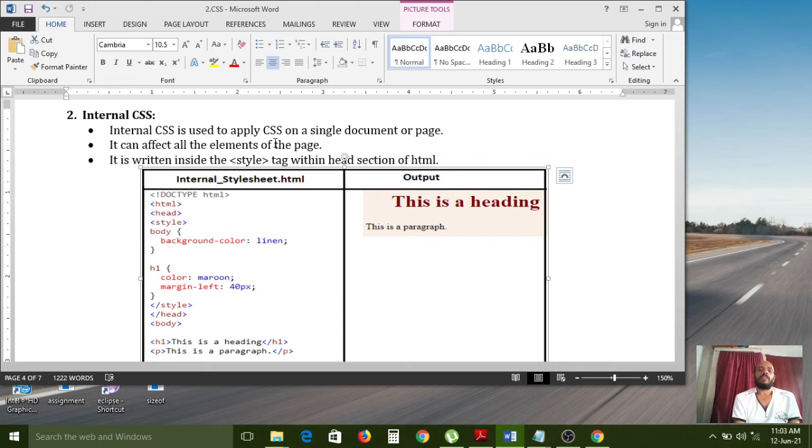But with internal CSS, if you want to apply styles for the entire document or page, internal style sheets are very useful. It can affect all the elements of the page. It is written inside the style tag within the head section.